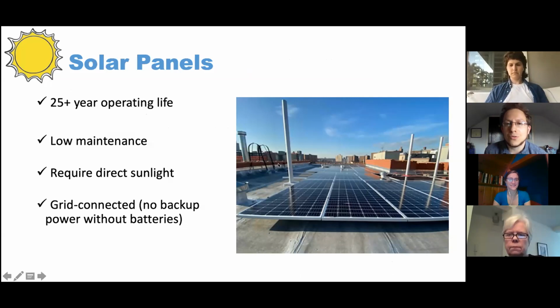The solar panels will come with a 25-year warranty, and they're expected to last longer than that. The solar panels themselves are very low maintenance. There are no moving parts in the solar panels. There's not a whole heck of a lot that can break. They do require direct sunlight to produce. So if your building is just north of a skyscraper, you're probably not a great candidate for putting solar on